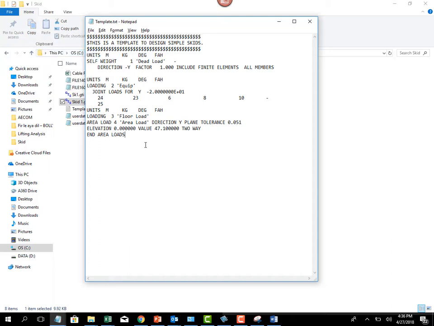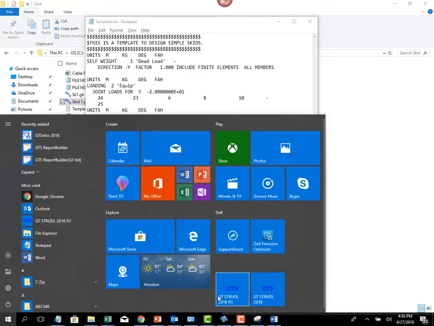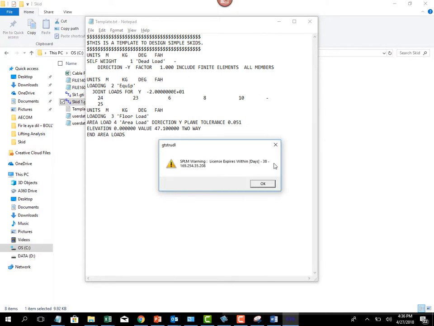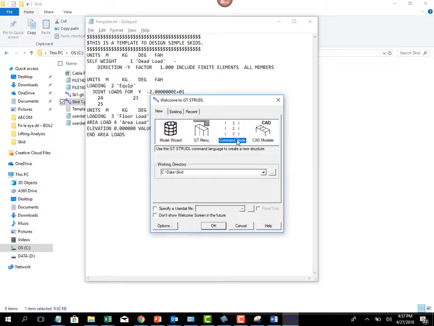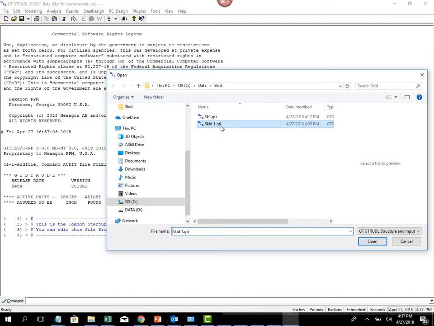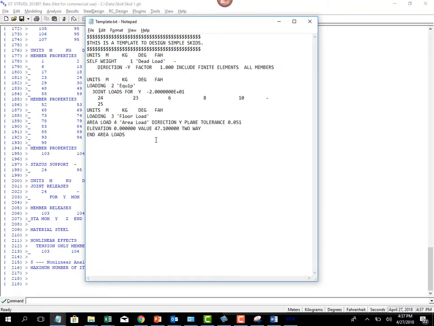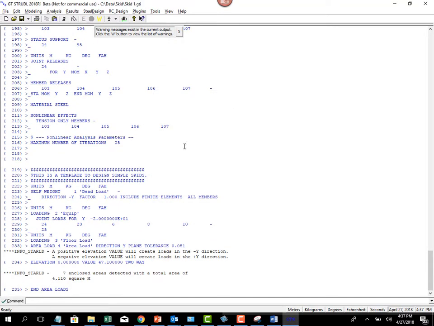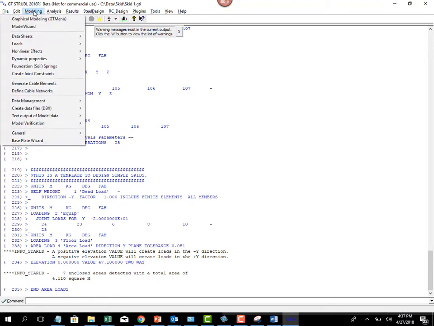Now you can also put in load combinations and so on. Let me show you how to create a load combination. So this is GTStrudel 2018. I'm going to open up skid1.gti, copy and paste these commands. Now to create load combinations, you can go to modeling,